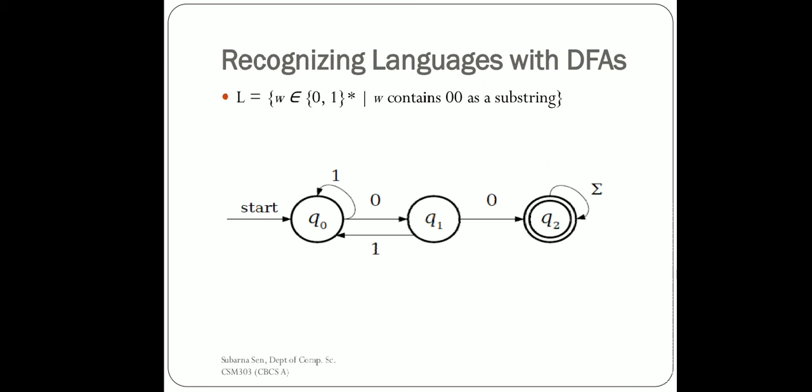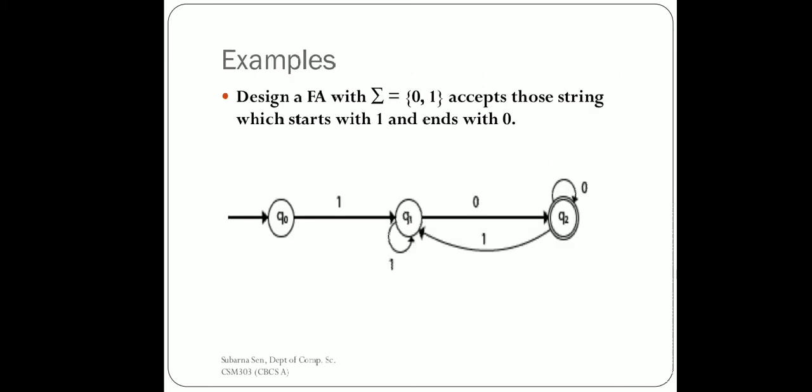We'll see one more example. Here, again, the set of symbols is 0 and 1, and it is accepting those strings which start with 1 and end with 0. In our previous slide we learned the trick. What was the trick? If we have to design a DFA, we start with the smallest possible string. Any string which starts with 1 and ends with 0 is 1 0. So we will start at Q0, move directly to Q1 with 1, and move to the final state with 0. So the possible string 1 0 is done.